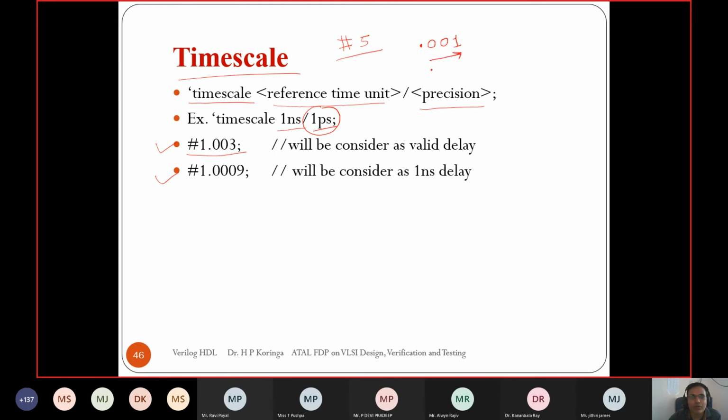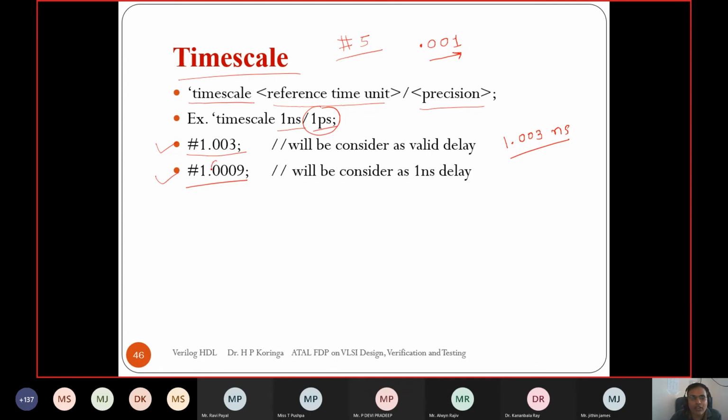After the 3 decimal points, it is in picoseconds, so it can take up to 1 picosecond precision. When I write the delay as 1.003, it will take a delay of exactly 1.003 nanoseconds.